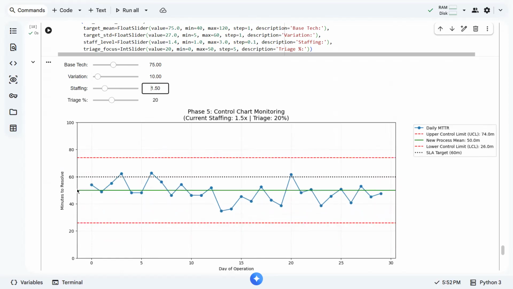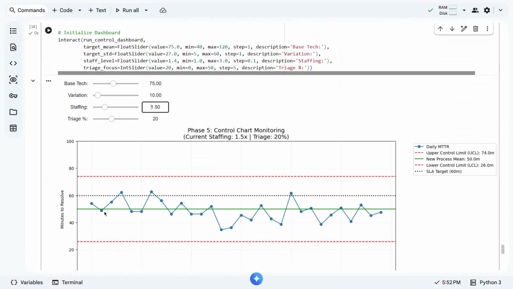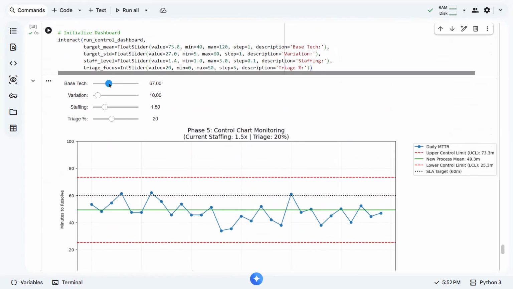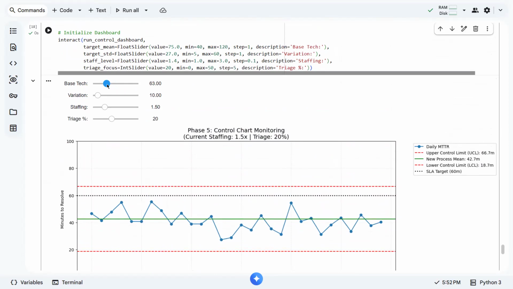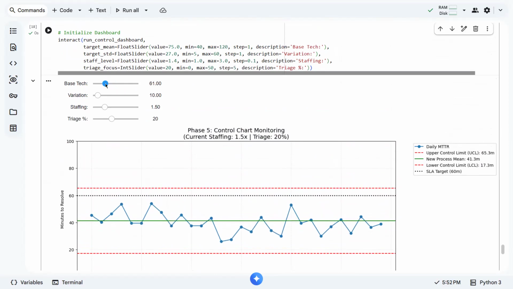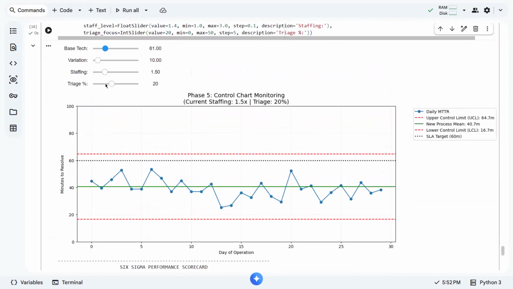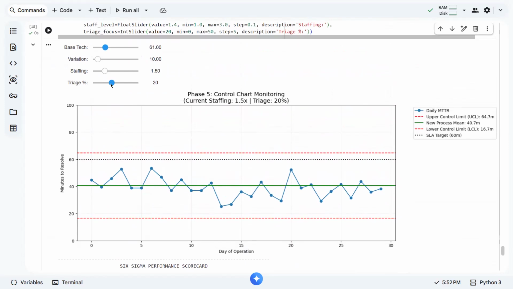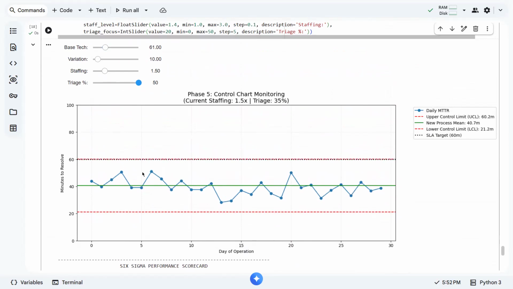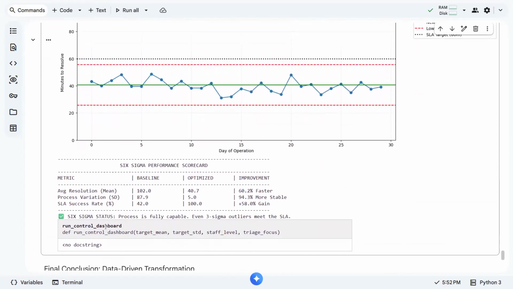As you can see, the green line is below, but the variation is still there. So maybe we can decrease the tech. Let's see if this helps. Still not, and as you can see, we only have 20% there. So we go back to 50% and it solves the problem.